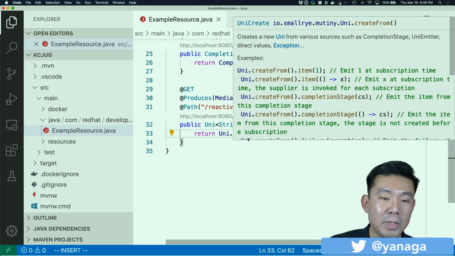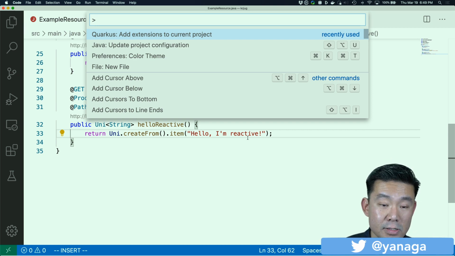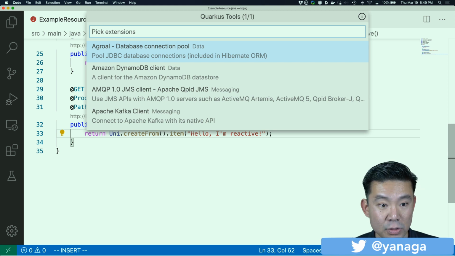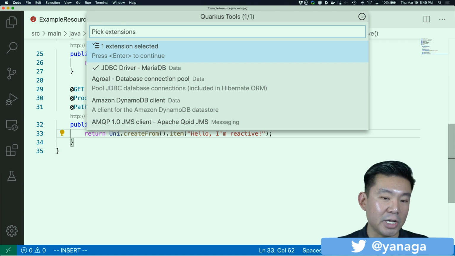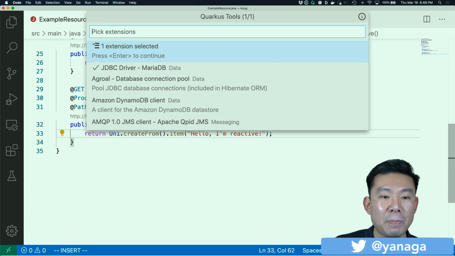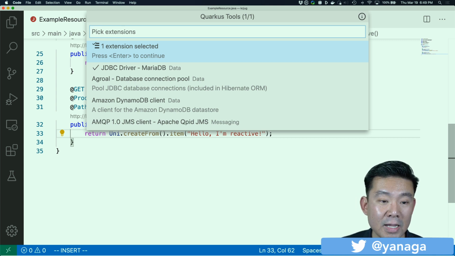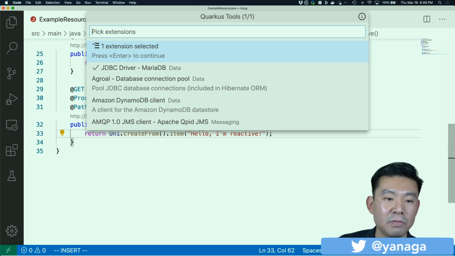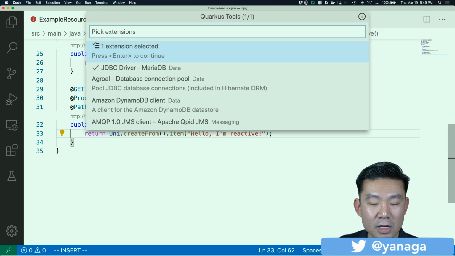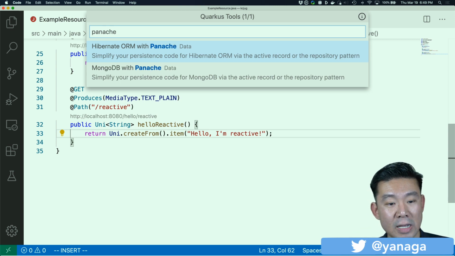So for me to be able to use a database in my Quarkus application, probably the easiest way is, first, I need a JDBC driver. So let's try to add a MariaDB JDBC driver. I also want to use Hibernate because I want to use JPA. And I want to show a new API that we're providing with Quarkus, which is not just plain JPA. We're going to use a new API called Panache. And of course, if you're using Panache, you can use all the JPA stuff that you've been using in the past 10-15 years, plus the additional goodies of Panache. Remember, Panache is optional. It's very opinionated, but I think it's worth it for some specific use cases. So let's try to add Panache and whatever.